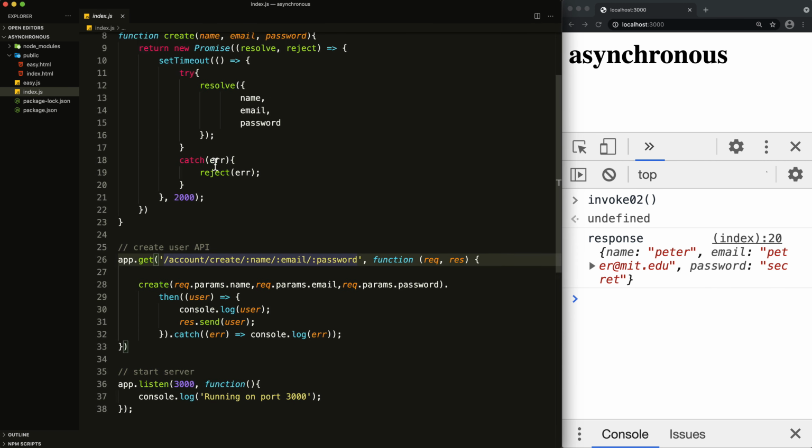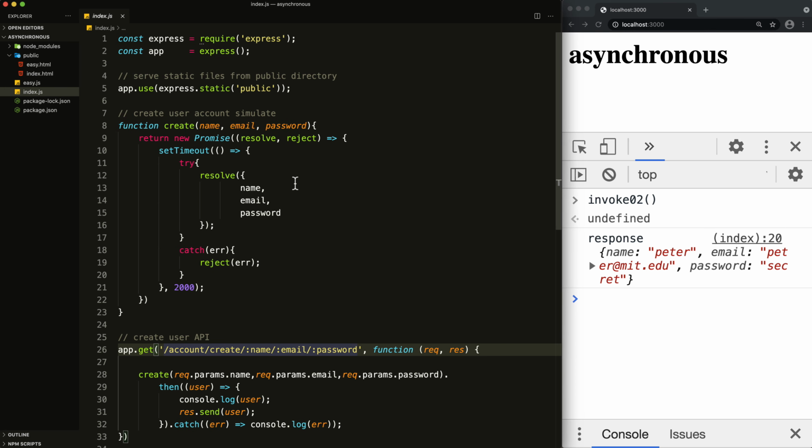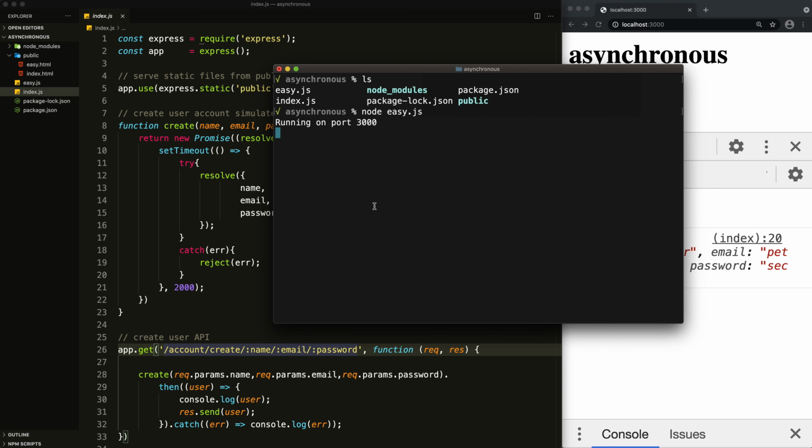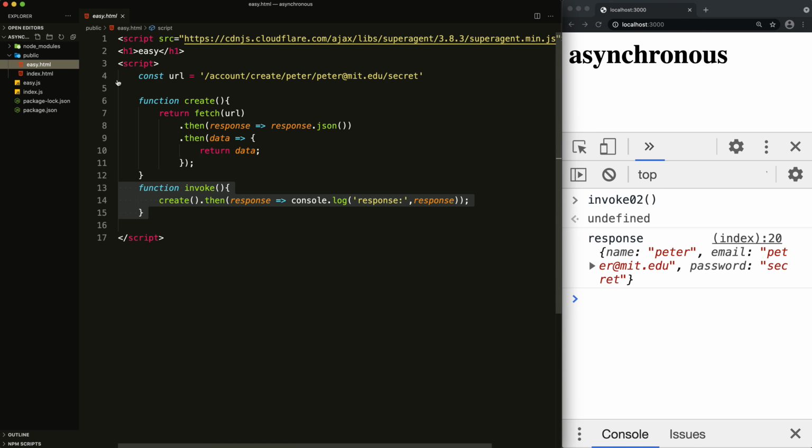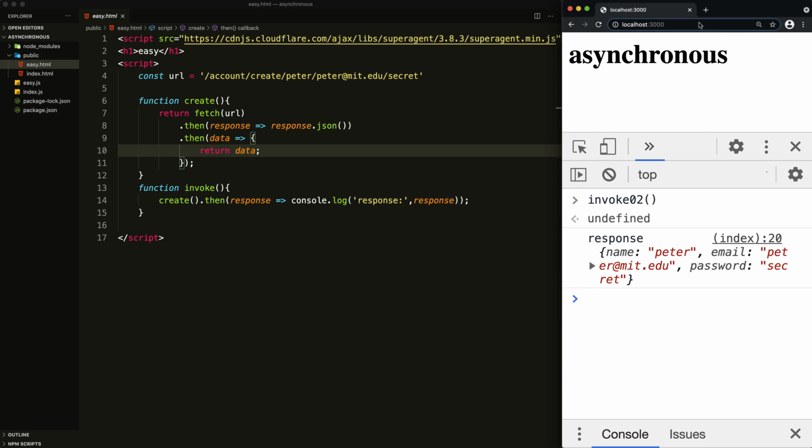So let's go ahead and see how we can call this. And for this, we simply need to run the other file. And so I'm going to go back to the console, to the terminal, clear, and in this case run, instead of easy, I'm going to go ahead and run index. And as you can see there, I have that running on the same port as well. And let's go ahead and invoke that with the easy client as well. And so this is simply calling and waiting, right? And so I'm going to go ahead and hit that path here,